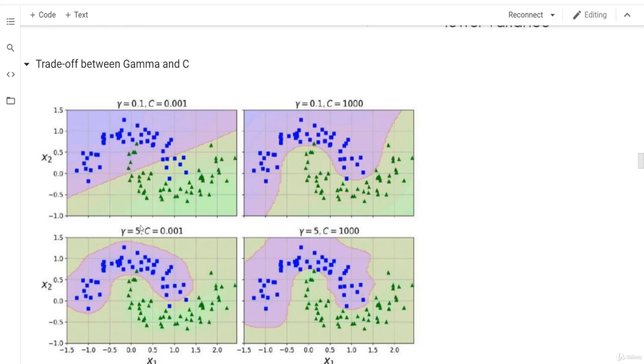And increase gamma. So what happens is that the model will start to overfit a little bit. From 0.1 to 5, the model started to overfit, but it's actually starting to fit the data. It's not really overfitting that much. It's tending toward overfitting. So if we increase gamma to, let's say, 20, then we will see a clear effect